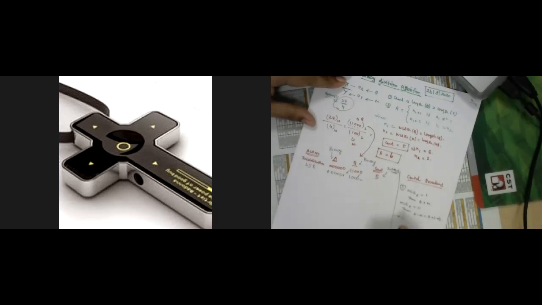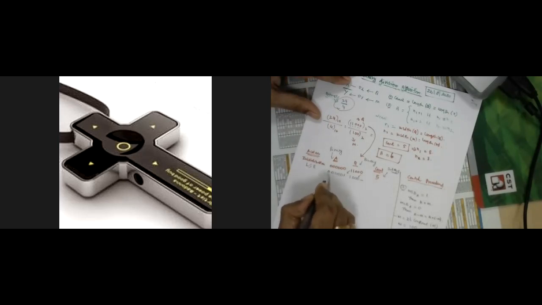The same principle we followed in the subtractions also. We convert the second number in 2's complement. Therefore, we would be able to perform the subtraction also in terms of addition. So subtracting M from A is equal to adding A with minus M. Then how do we calculate the minus M? Minus M is equal to 2's complement of M, that's all. So here in this example, M is equal to 1, 0, 0. We are going to perform the addition or subtraction of this M with the accumulator. So we need to convert this M first to the length of the accumulator. Here the accumulator is 6 bits.